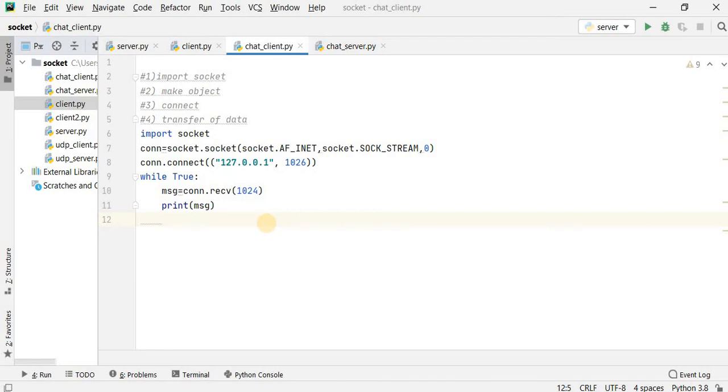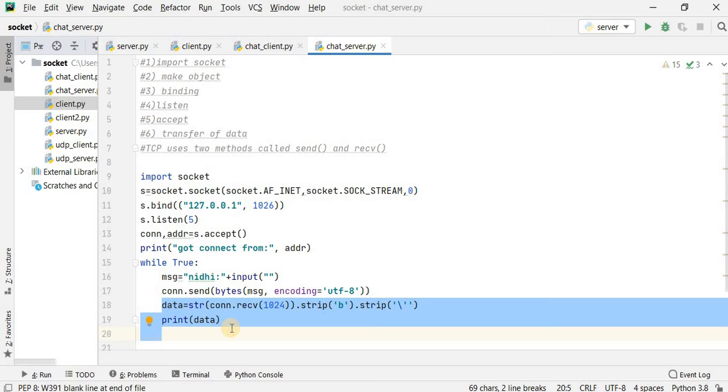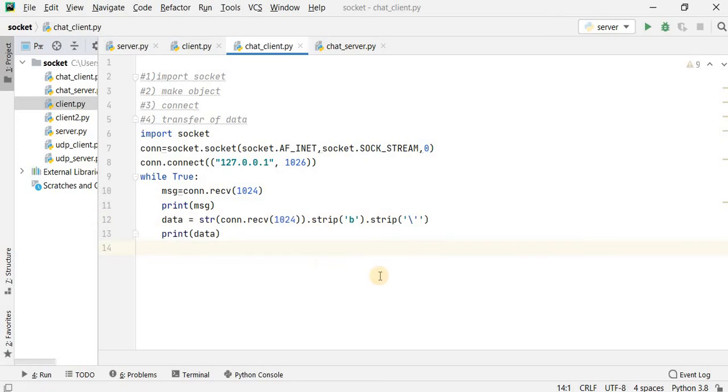After the printing of the message, suppose the client also wants to send some data to the server, so just copy that thing over there. Oh, I pasted the wrong thing.